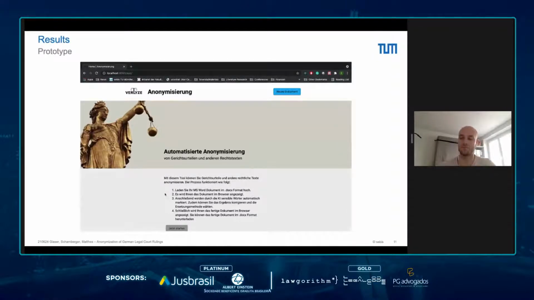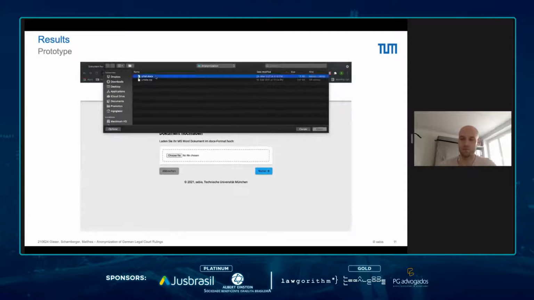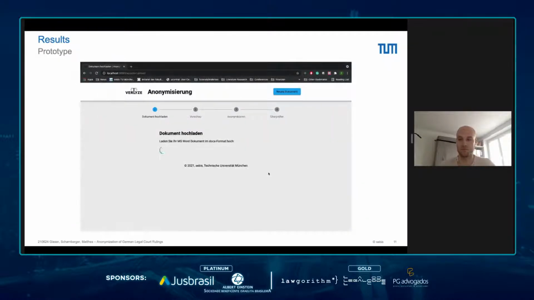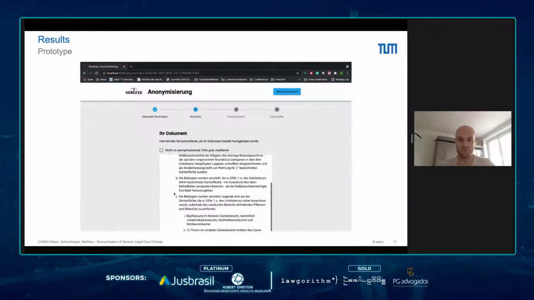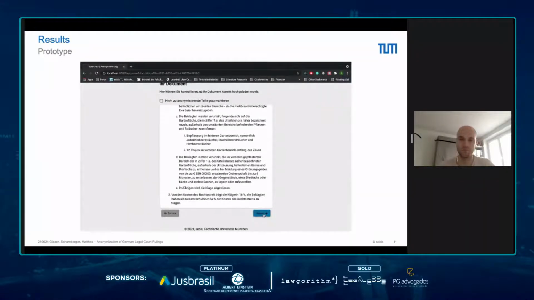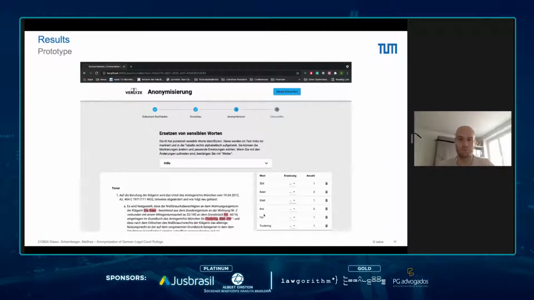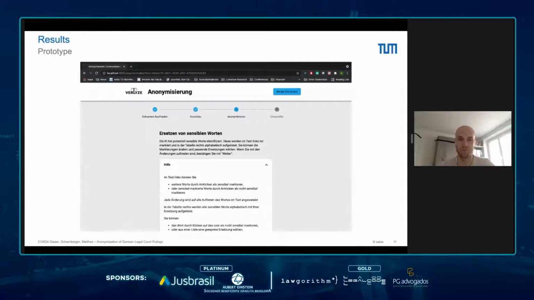Change the results a bit, and then you can download the final document. So let's do that quickly. You choose a document. I have here the verdict. And just as a remark, this is only the tenor of the verdict, but that doesn't really matter. You can also show structural information which won't be processed by our algorithms in the background. We can then go to the next step, and now our trained models will process the document. We have also some help here, but skip that for time reasons.